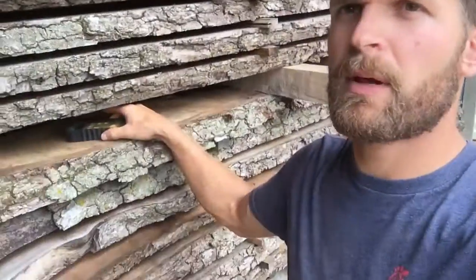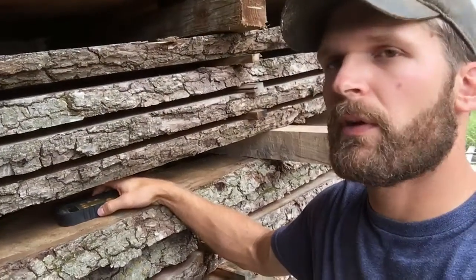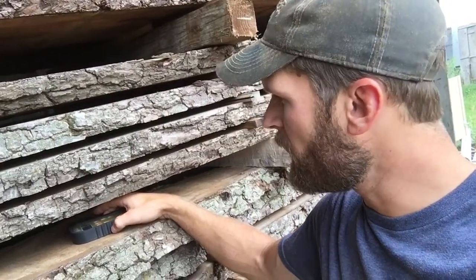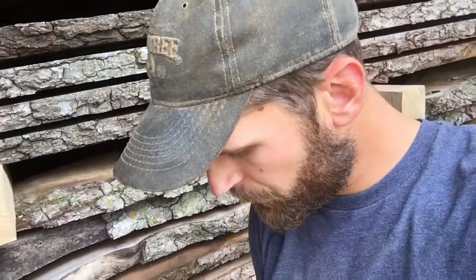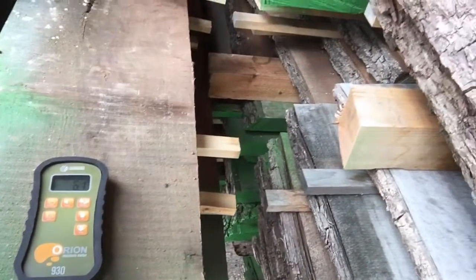It's not quite as accurate as a pin meter, but it's a lot faster, and it can get into tight spots like this. You can't stick your pin meter in here very well, but this allows you to get readings in harder places to reach. And this is nice because you can calibrate for different species. Right now we are reading 6.1% moisture content, which is plenty dry for